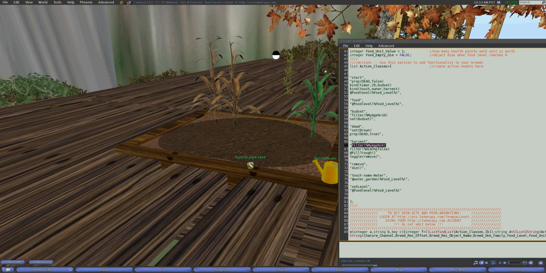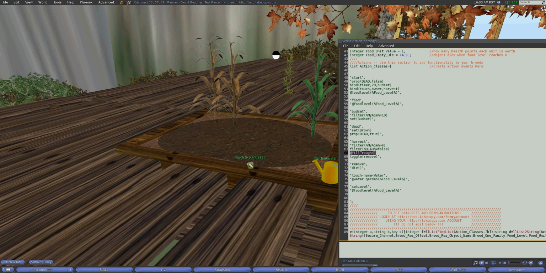A filter if my age is greater than 9, which means it's already budded, it already has its flowers, or the corns are on the stalk. And then another filter if dead's not false. So if dead is false, it'll allow both of these filters to be passed,